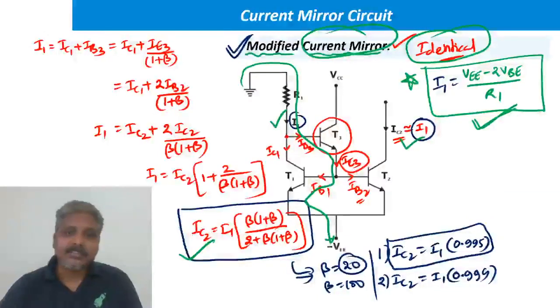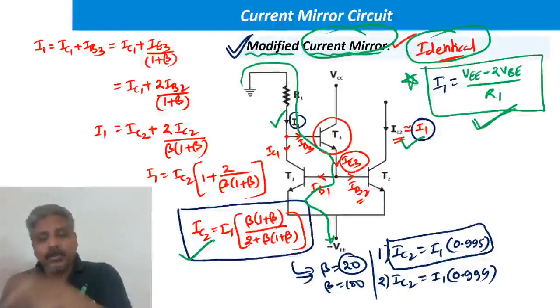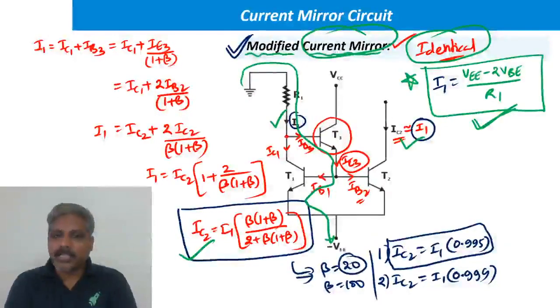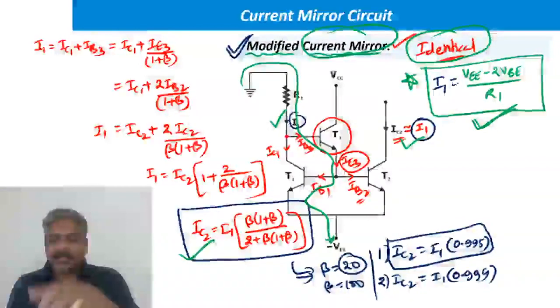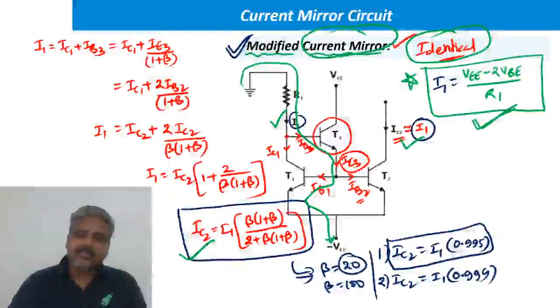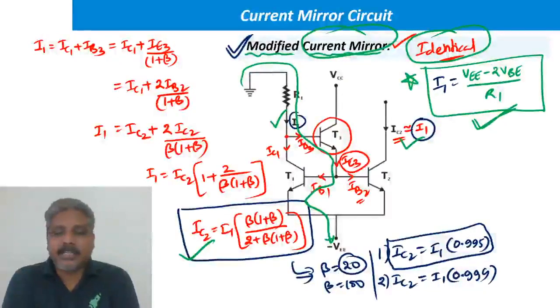That is the next version of current mirrors, an improved version of this, but that is not required for you as per GATE examination and ESE examination. Up to this three transistor circuit is sufficient for you. Here we are having a 3 transistor circuit. This is sufficient as per GATE and ESE examination.